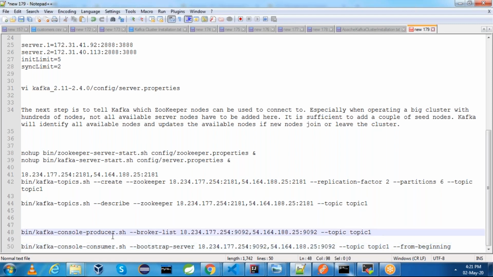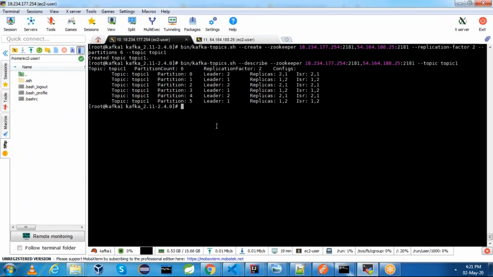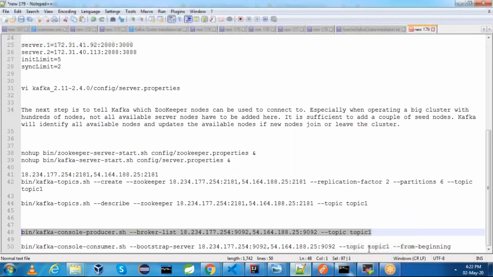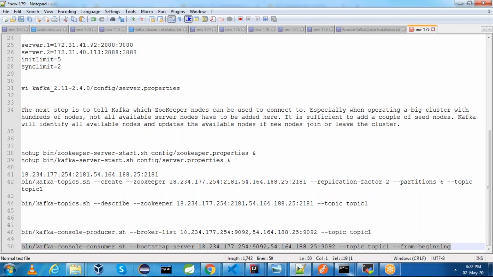Now from one server I will try to send the message, from server 1 or server 2, you can select anything, and on the other server I will try to read some data. This is server 1 and we'll try to consume the data from server 2.